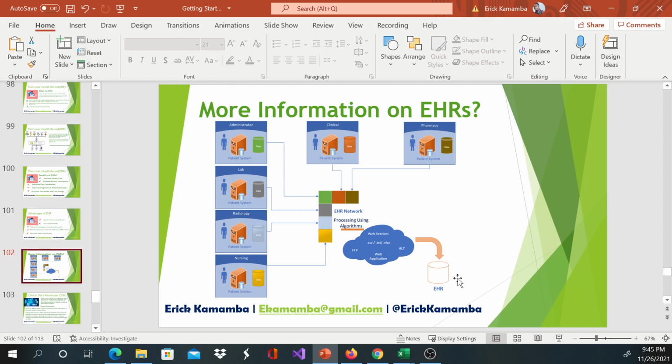And if you know database relationships, you can already guess this information will be stored in different tables. Now we are getting a little bit into the technical part, okay? And for that information, we can use different kinds of algorithms or protocols. FTP stands for file transfer protocol. We do have HL7. We do have web service. We do have